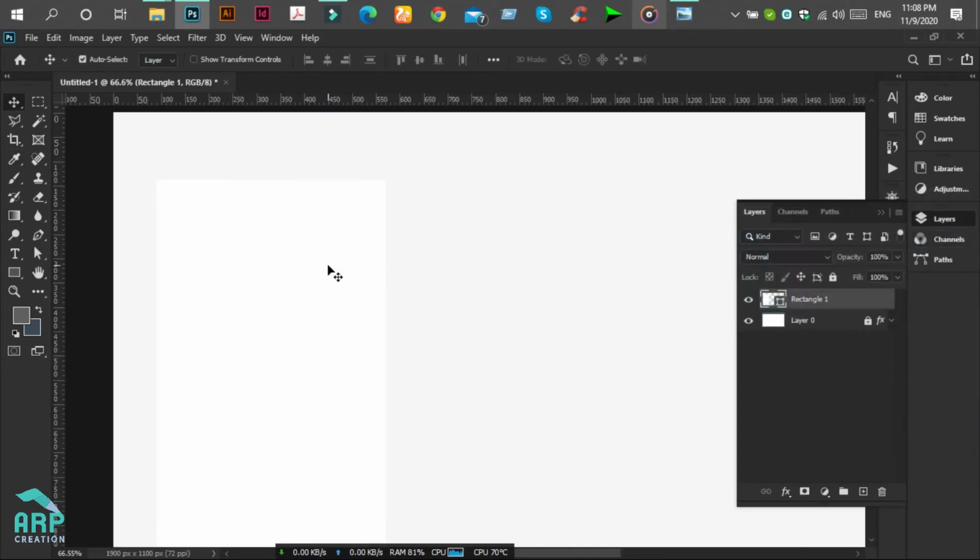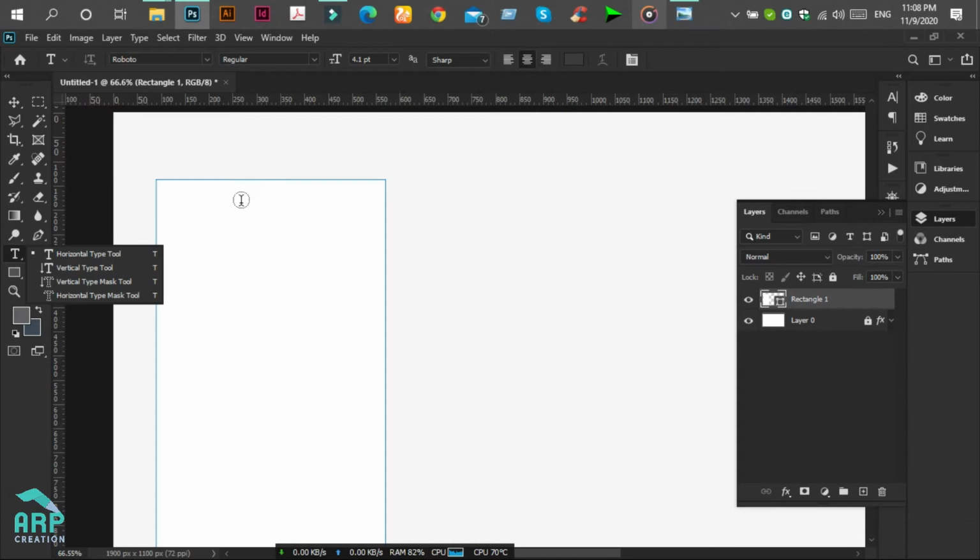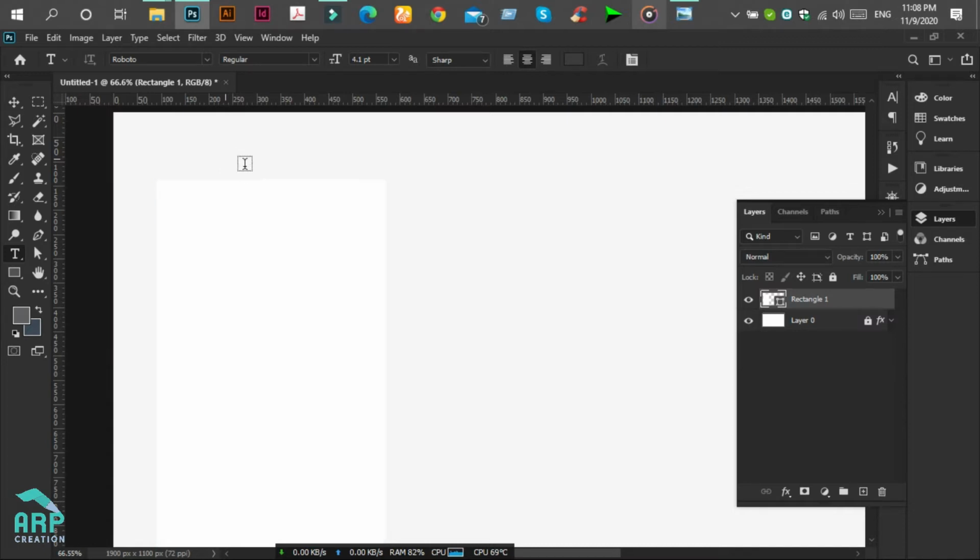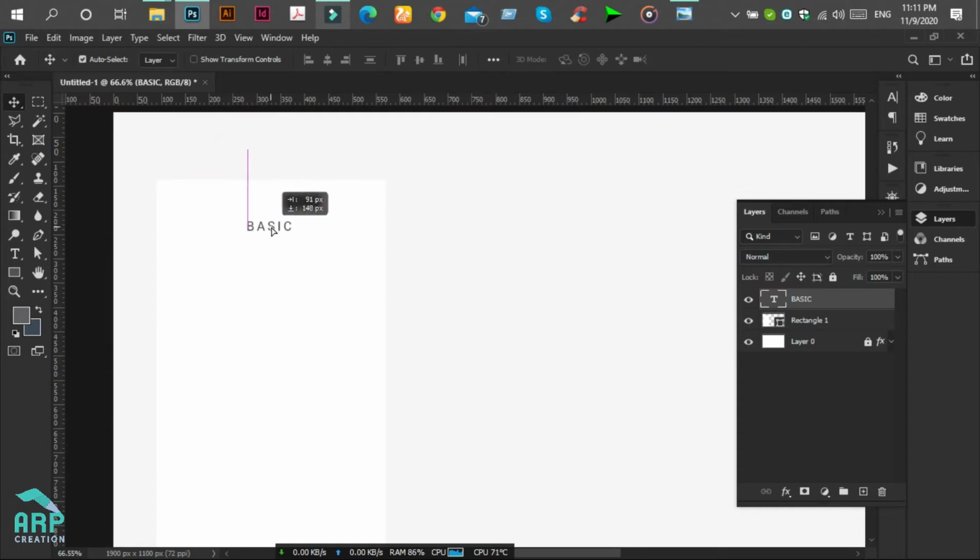Okay. Now we will choose the type tool to add a text. The text will be the package name. We should increase the size a little bit. Okay. We will move this text to the down section.